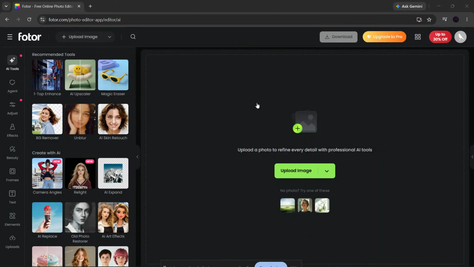In this video, I'm going to show you how to add a logo in Fotor step by step, whether you want to place a PNG badge, watermark, or graphic onto a photo or design. This is super useful if you're creating branded content, social media posts, thumbnails, product images, or anything that needs a